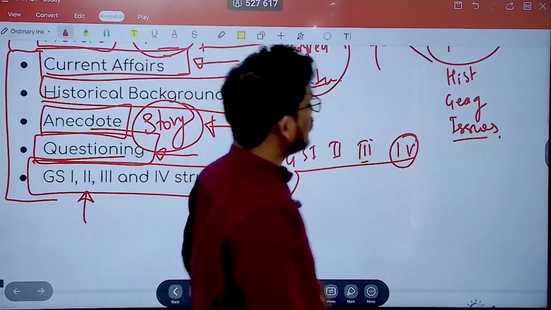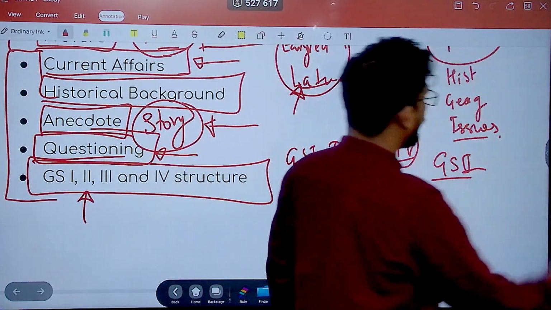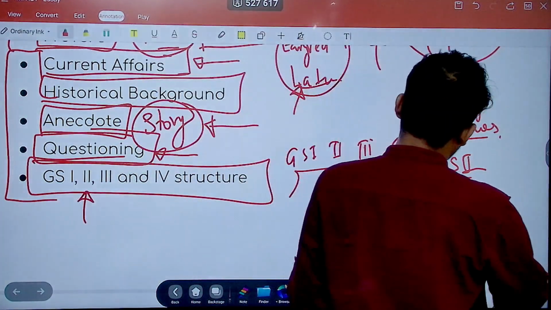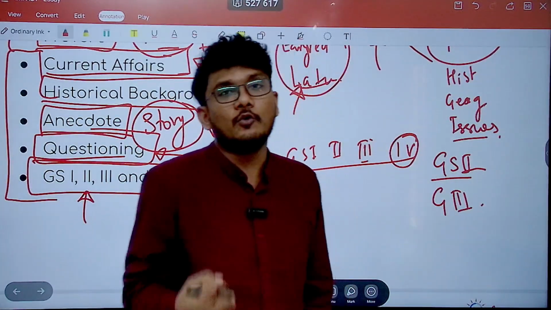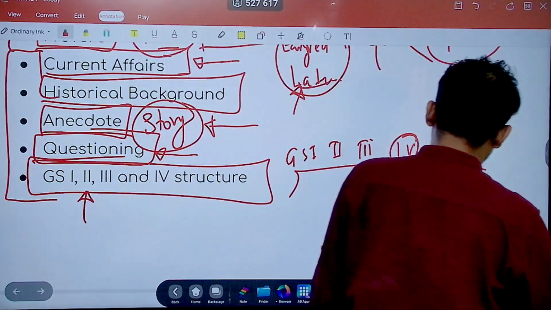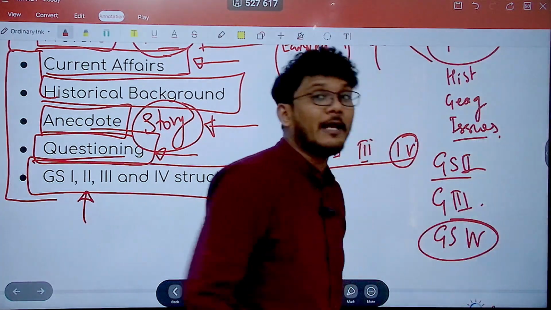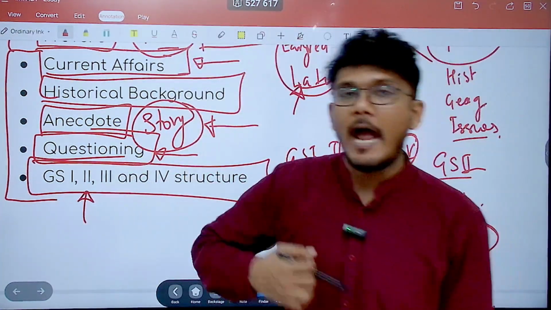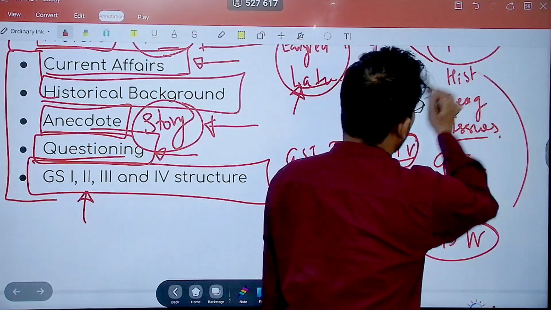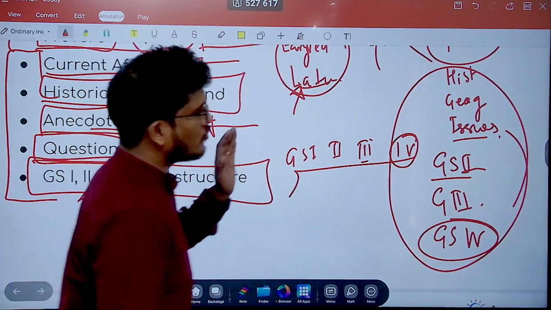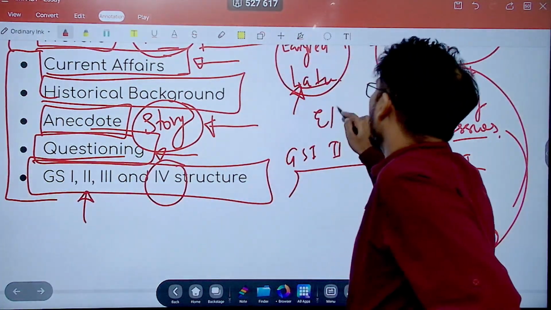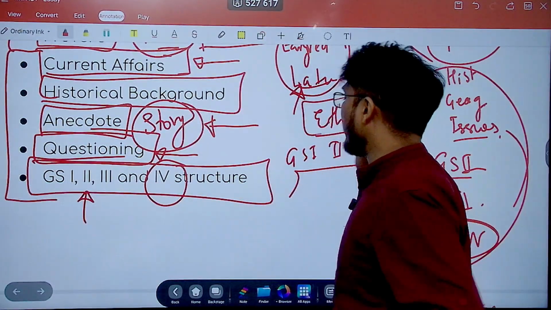Then when you talk about the solution, you can look for the solution with respect to GS 2, when you talk about the policies, the governance, the formulation of policies, the reservation, etc. Then the impacts that it has on the economy, and what will happen to the economy if gender equality is established. At the same time, don't forget to mention the ethical aspects, that is GS 4, of gender inequality, and why it is ethically also required to ensure that gender equality is there. So like this, you will cover all the dimensions, and the flow will also be from paper 1, 2, 3 to paper 4. This paper 4 will ensure that ethical issues are also taken into consideration.